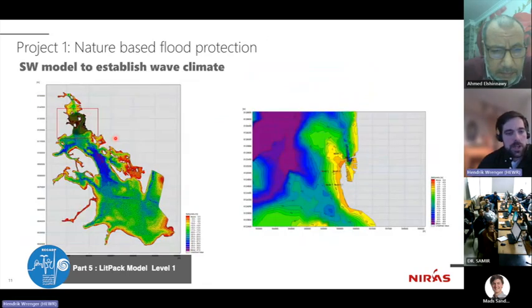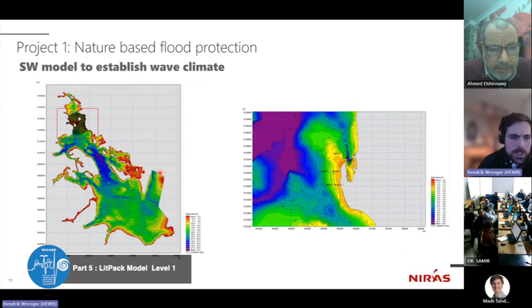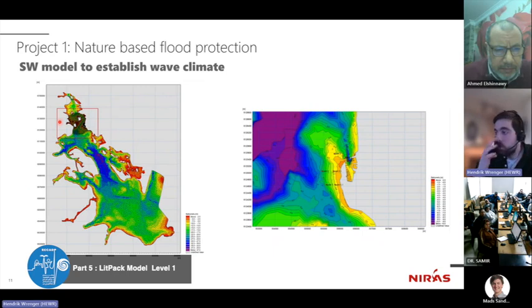So here we see the coastline in the inner Danish waters. We needed to decide on the SW modeling domain. Here there's only a small open boundary here and a small open boundary here. So in terms of waves, it's only wind-driven waves, and we didn't have to include any offshore boundaries. So we would just model the wind-generated waves with the SW model, and then have a fairly high resolution around the area of interest. Translating that to conditions in Egypt,